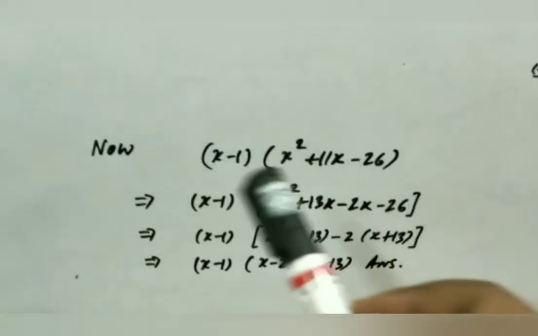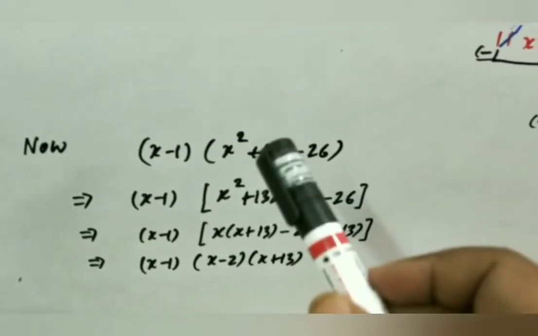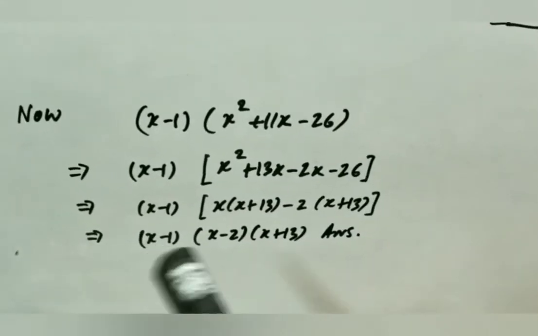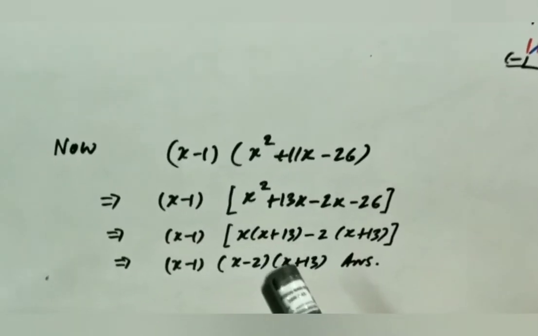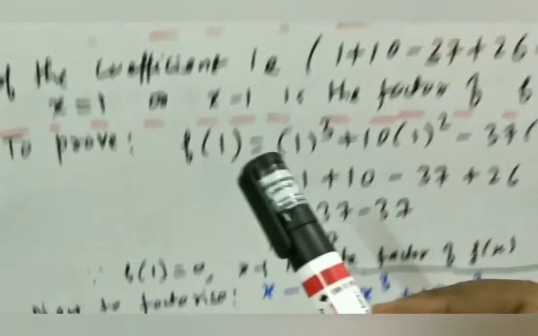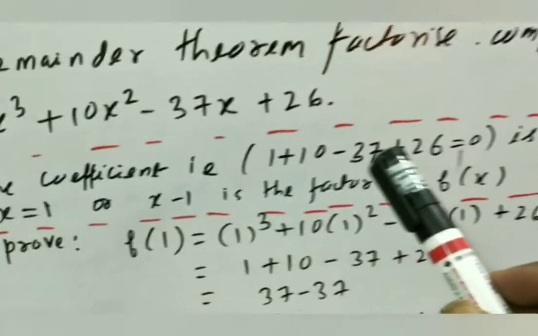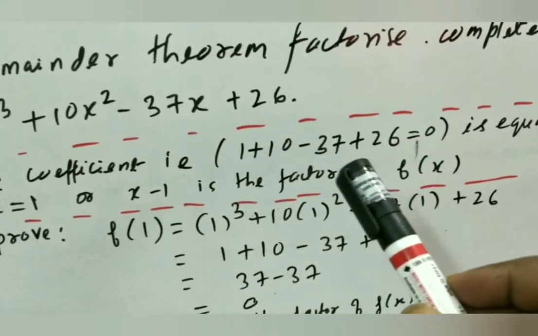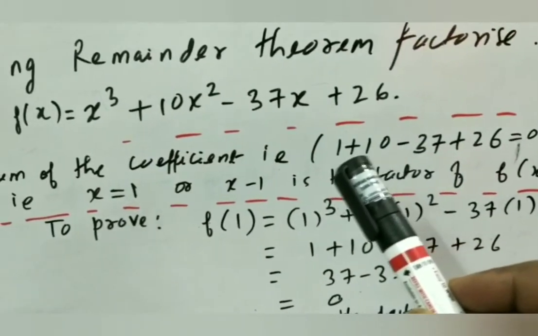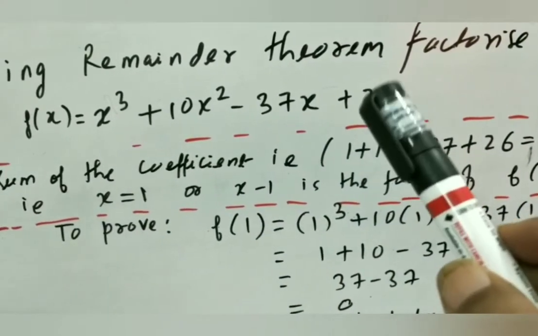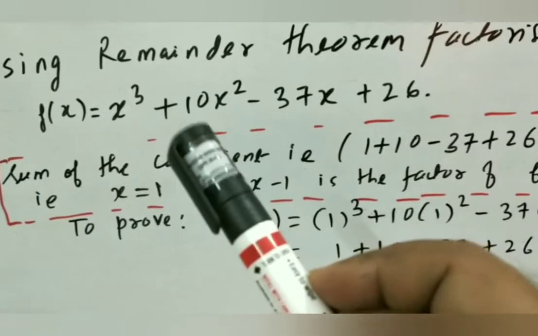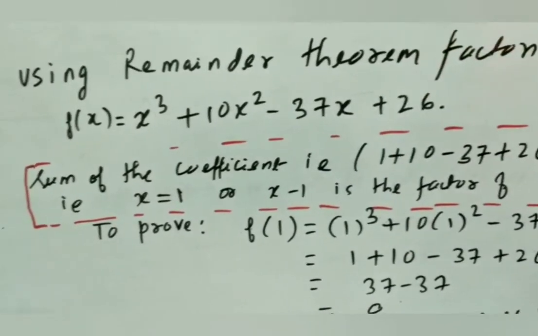Now to factorize, divide the divisor into the quotient, break the middle term, and you get the answer. Completely you have to write. But remember, again I'm telling you, this is just an advice, and only in one case you can use this, when the sum of the coefficients is 0. Or else by trial method you could try f(-1), f(2), f(-2) also.